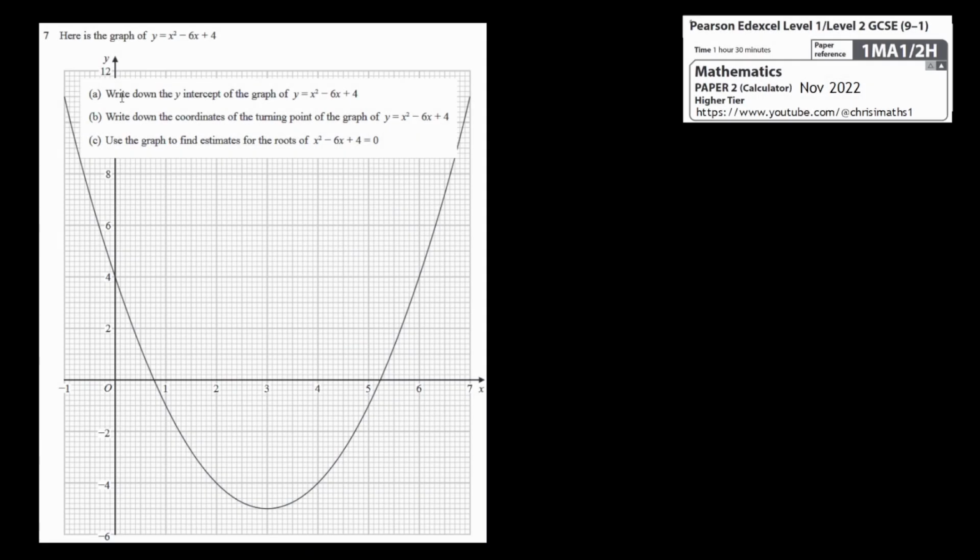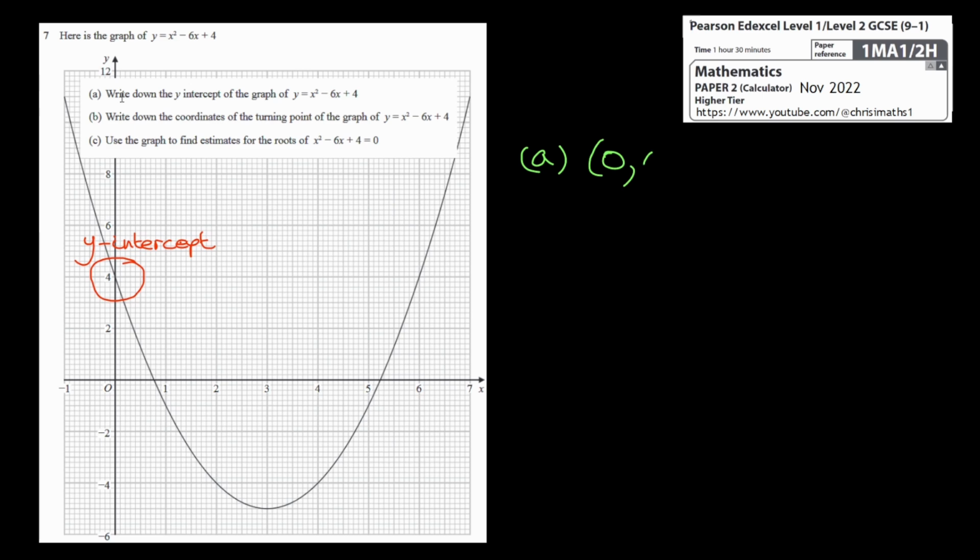Okay, question 7. We've got the graph of x squared minus 6x plus 4, and we've been asked to write down the intercept. Is this function the same all the way through this question? Yes, it is. They're not playing any dastardly tricks on us. That's the intercept. So the answer to part A's question is, reading off, the x value is 0 and the